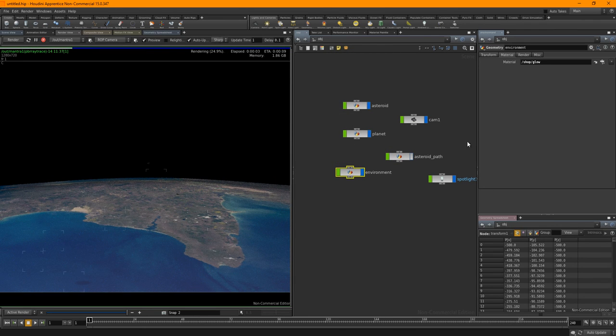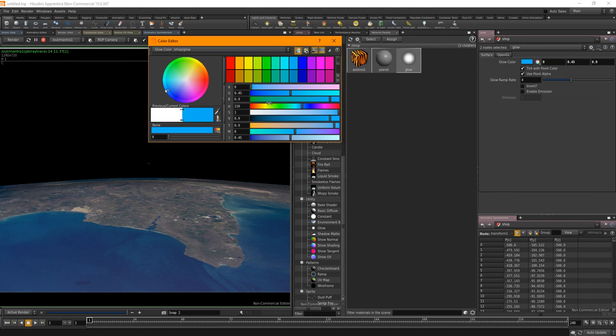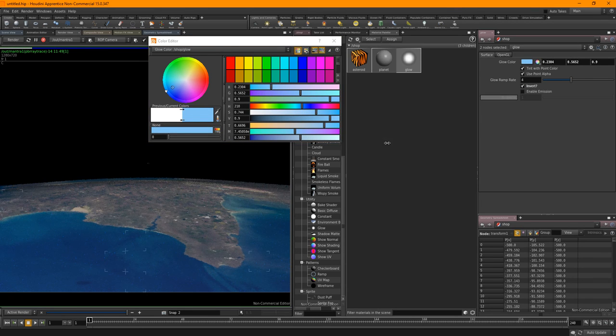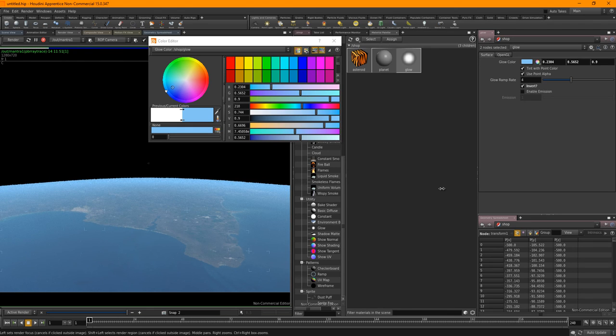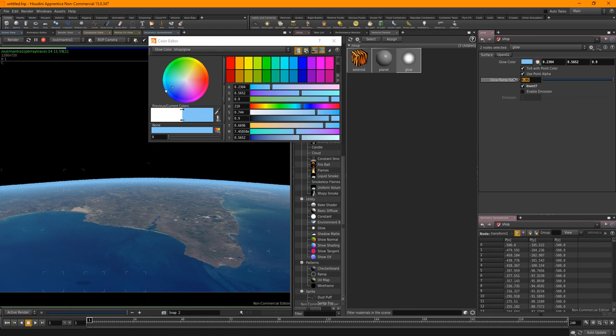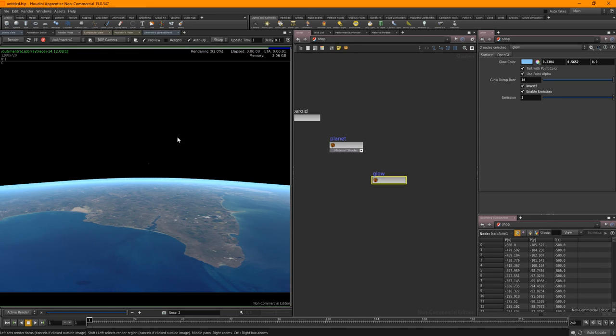And not a great deal going on just yet. So material palette, glow. I'm going to give it obviously an earthly kind of blue tint. Going to invert it as we did before. Okay. And then let's increase the ramp rate just so the glow disappears back towards the horizon. About 10. And then we can add some emission as well, so anything that flies past it's going to get lit up. So that's, yeah, a little bit overkill, but we can deal with that. That's not too much of a concern at the moment.